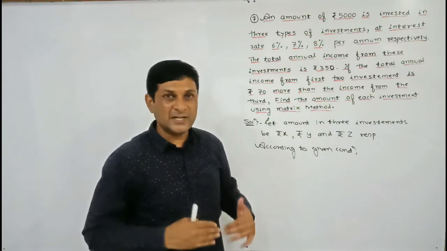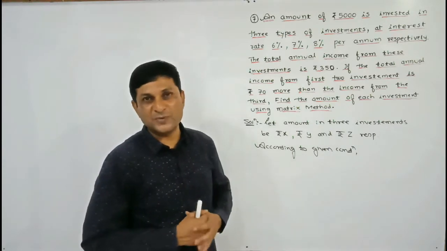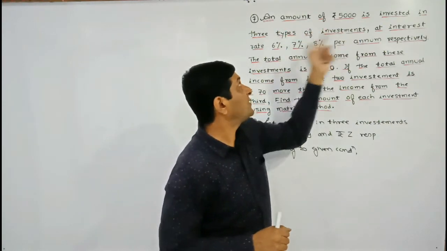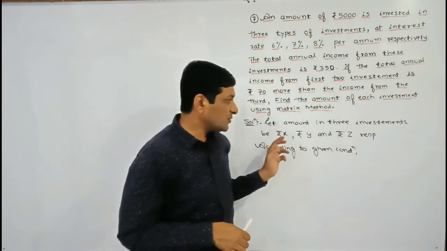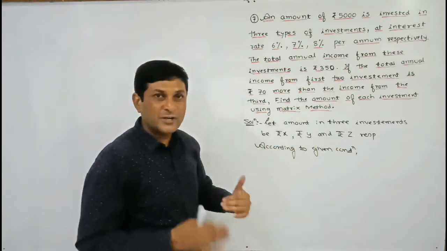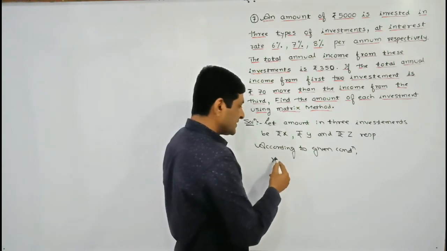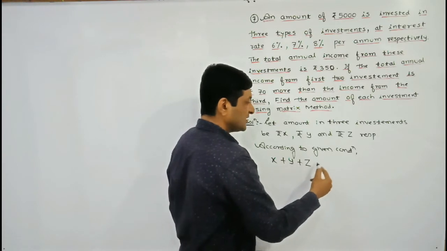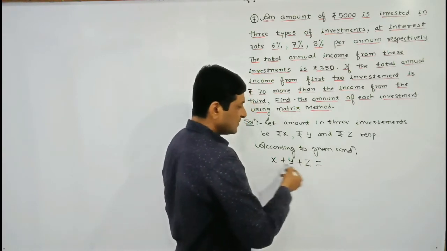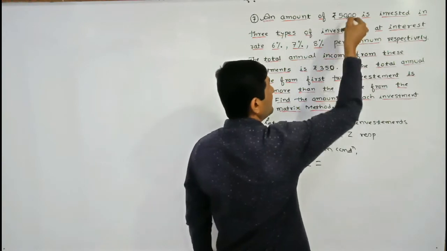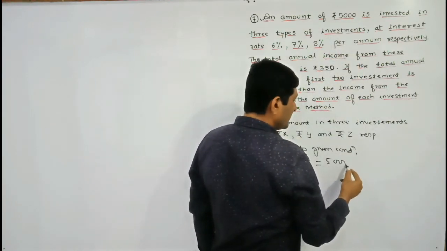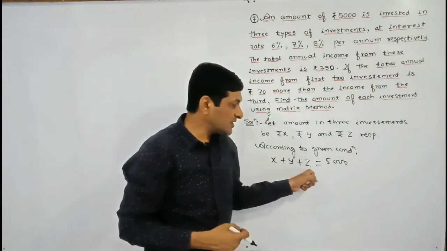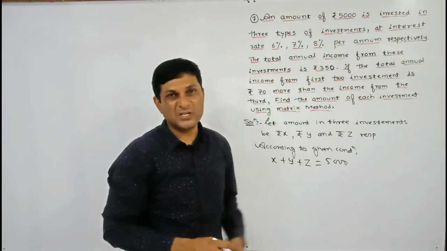So using the given conditions, let us see what linear equations we will get here. So observe the first condition, the amount of rupees 5,000 is invested in 3 types of investment. So according to our supposition, amount x is invested in the first investment, amount y is invested in the second investment, and amount z is invested in what? Third investment, and the sum of these 3 investments is equal to the available amount. How much amount is available? 5,000 is available for investment, means what equation will we get? x plus y plus z will be equal to 5,000.